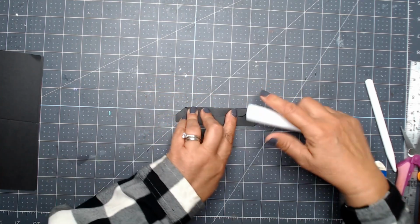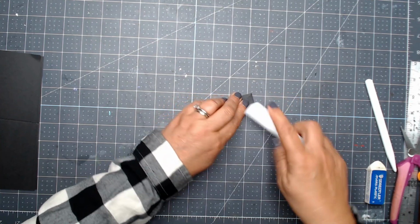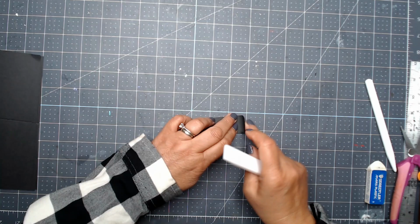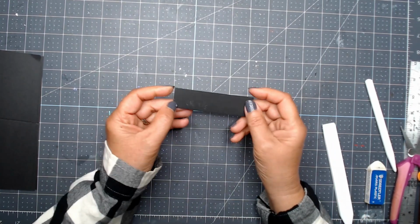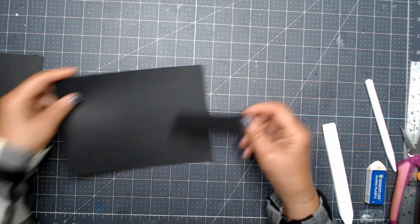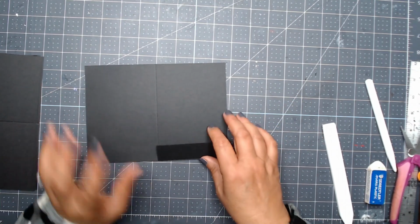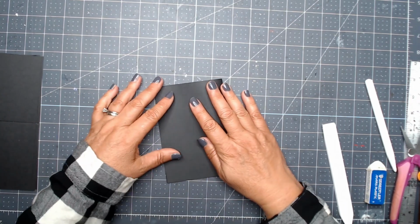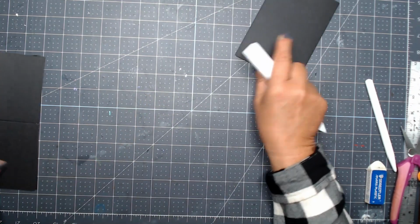And I'll go ahead and fold this down and burnish with my bone folder on the long side and then the 2 short sides. And then we're going to add them to the pockets, but I'm going to wait till I get the book all put together and decide if I'm going to have it on the front of the pages or the back of the pages. So now I'll just take these pages and